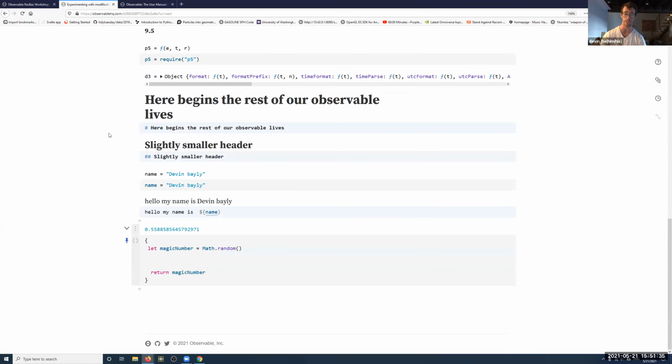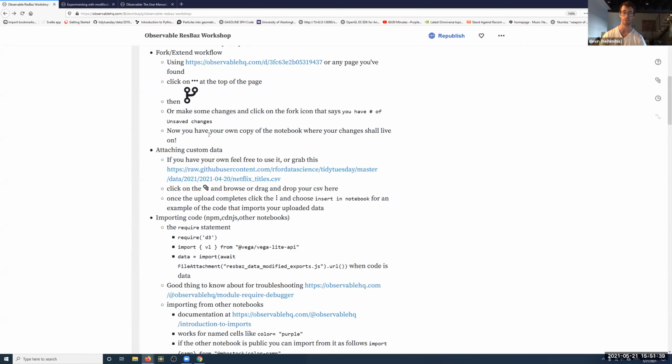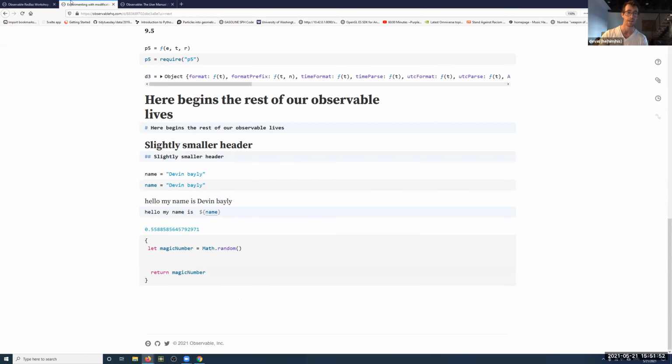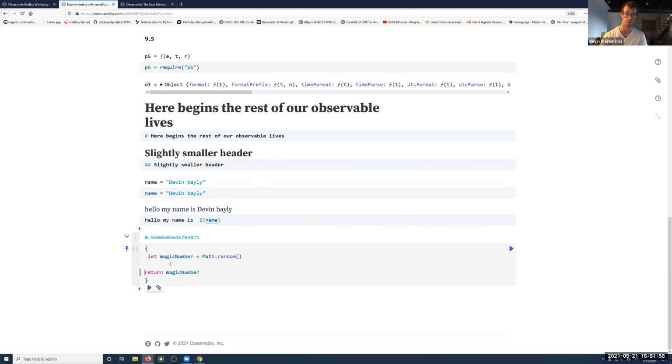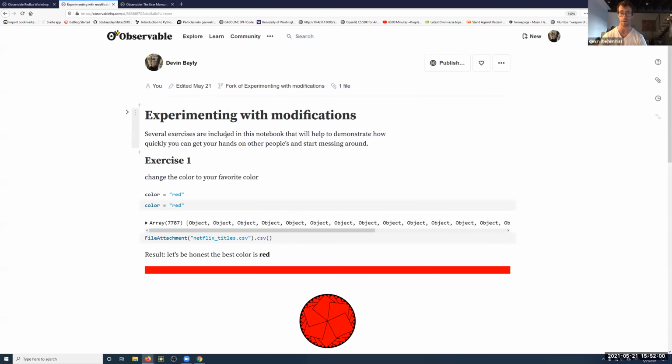What's pretty nifty is that those named variables can actually be used in other notebooks in the way that Alex was forking or using other people's stuff. And I think I'm jumping a little bit, but we'll talk about that at the importing code section. So let me make sure that we finish this part about forking. So we've made a couple of modifications. And so if we scroll back up to the top of the page,